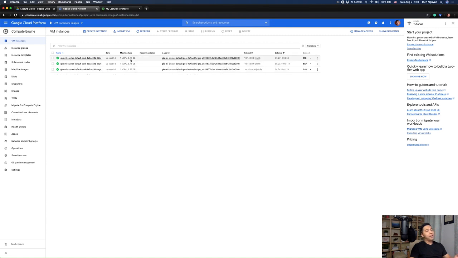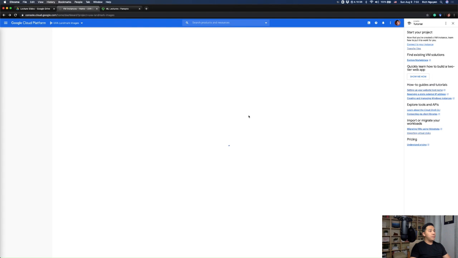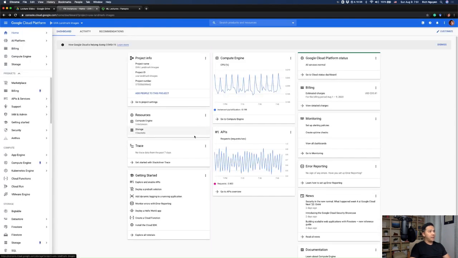These are CPUs for now, and I use this kind of machine, and they have their own external IP addresses and so on. You can see the compute engine is currently using very small